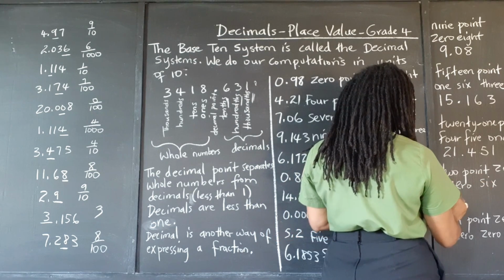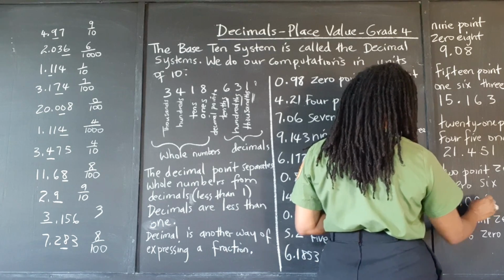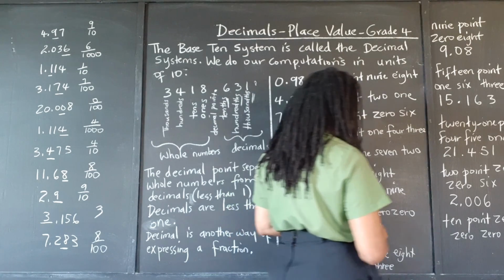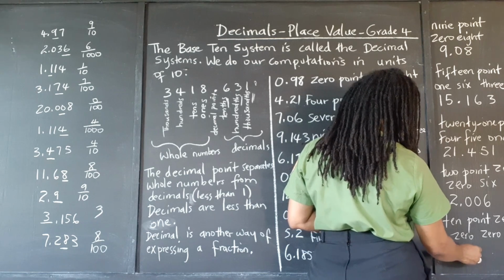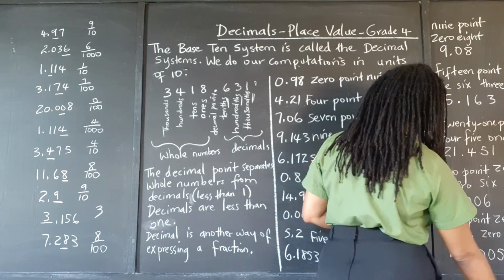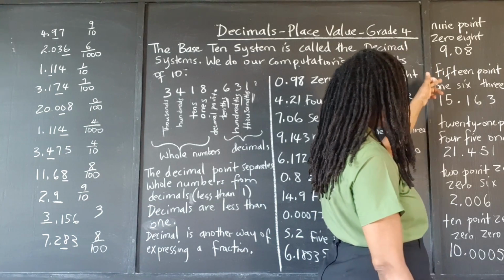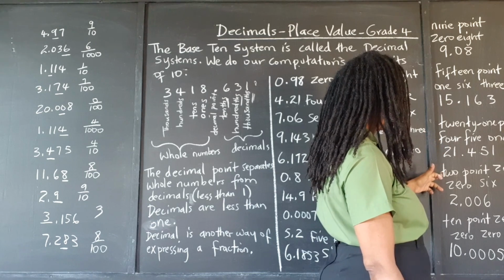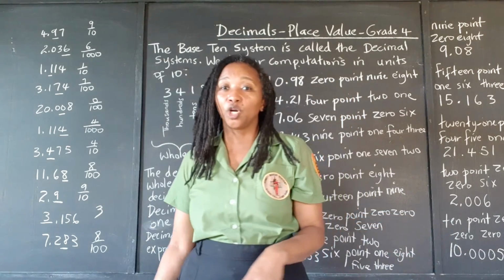2.006. 10.0005. Okay? So that's practice: 9.08, 15.163, 21.451, 2.006, 10.0005. Now remember, our